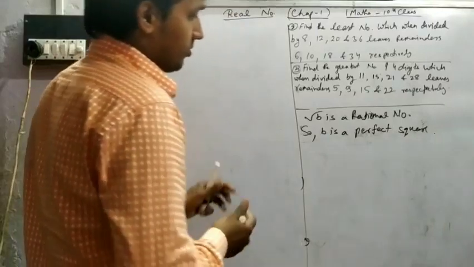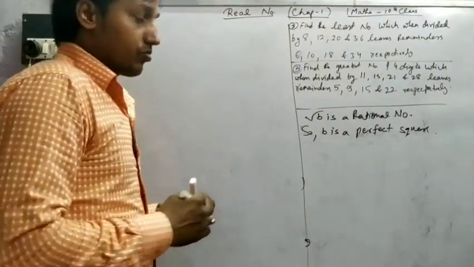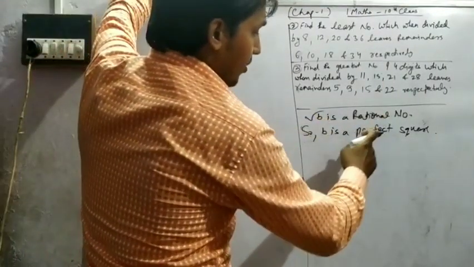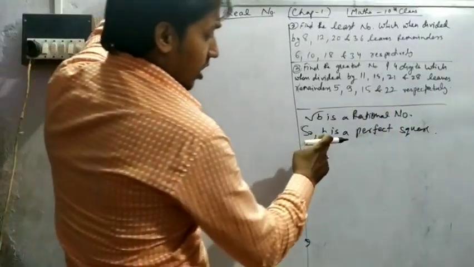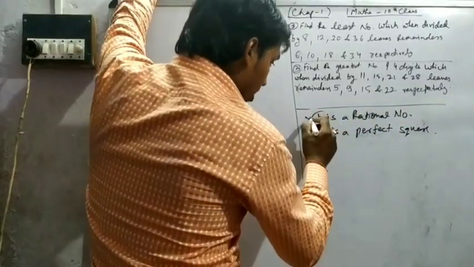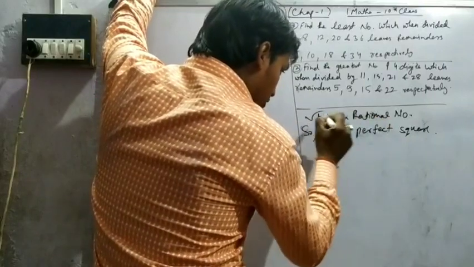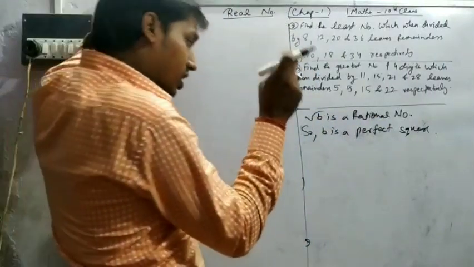Sorry for the inconvenience. So here B is a perfect square. Why? Root B is a rational number, so when root B is rational, you can say B is a perfect square,